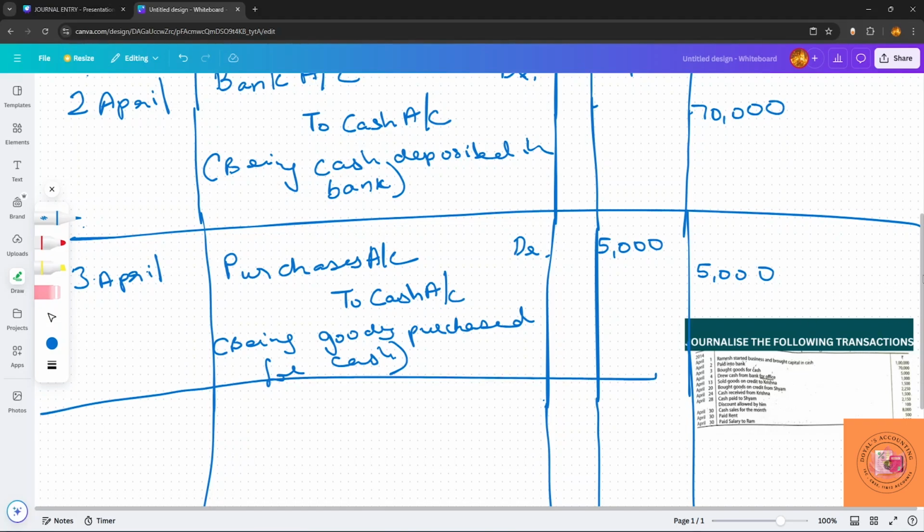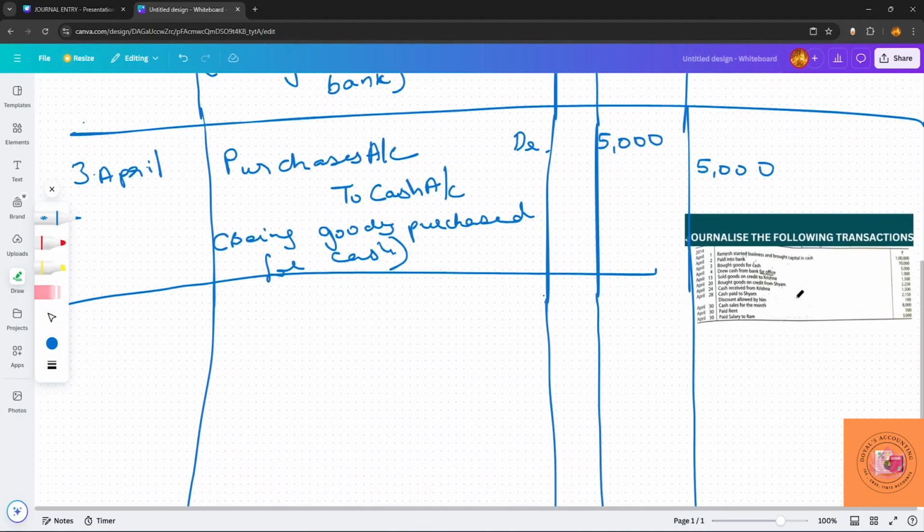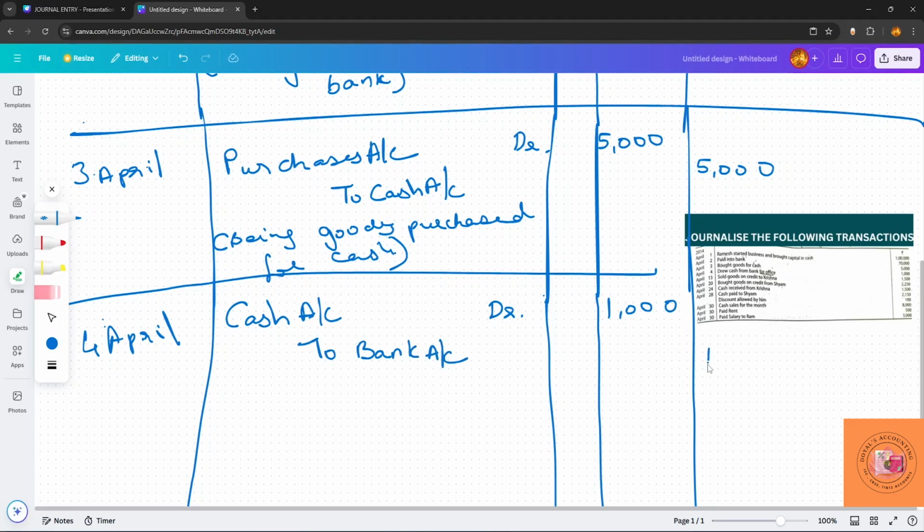Now the next transaction is we withdrew cash from bank for office worth rupees 1,000, 4th April. Now the accounts involved here are cash and bank and it is the reverse. Money from the bank is going out and cash is coming in. So cash should be debited. Cash account debit 1,000 to bank account 1,000. Being cash withdrawn from bank